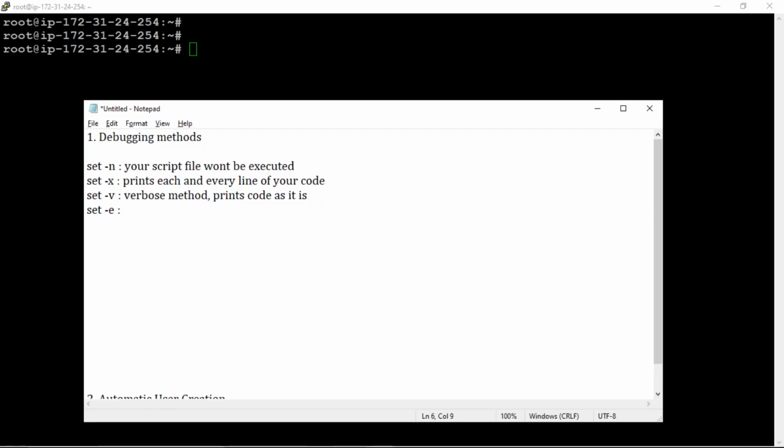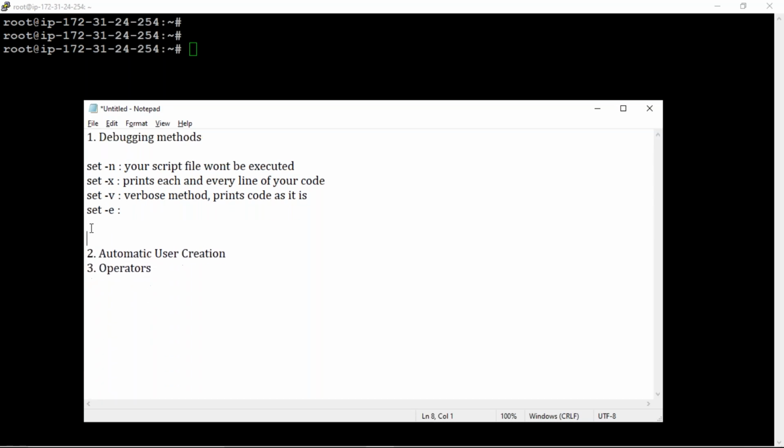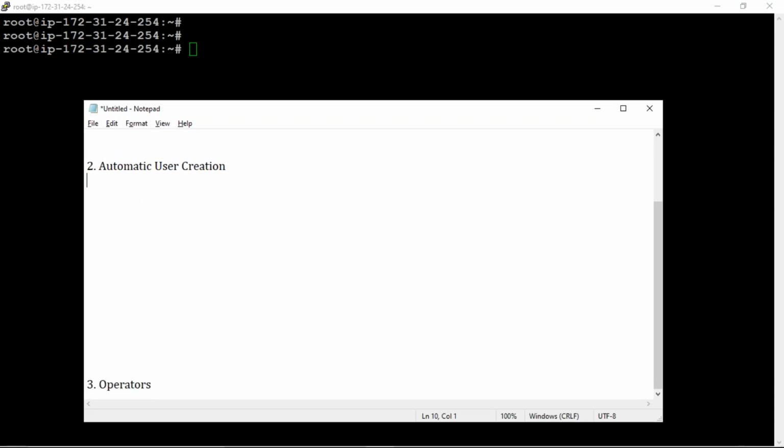So next one, automatic user creation. So what is automatic user creation?